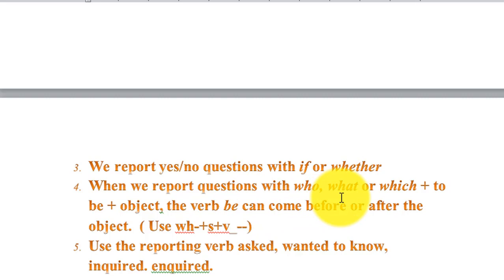Number 4: when we report questions with WH questions, especially this one, look here. ይሄንን አረፍተ ነገሩ ወይም ጥያቄው እነዚህን WH question ወርዶችን የሚጠቀም ከሆነ use this structure ነው የሚለን፦ WH question plus subject plus verb, instead of, let me write here, WH plus verb plus subject። ከዛ በኋላ እንደዚህ አንጠቀም ነው። ስለዚህ ሪፖርት ስናደርግ WH question plus subject ይመጣል፣ verb ይመጣል፣ እንደዚህ መጠቀም አንችልም ነው። ይሄን አንጠቀም ነው የሚላችሁ።